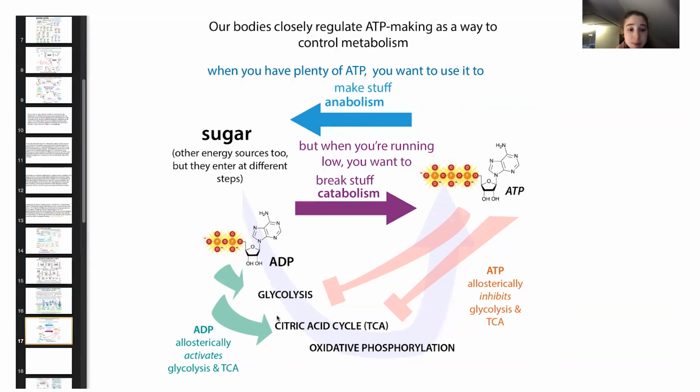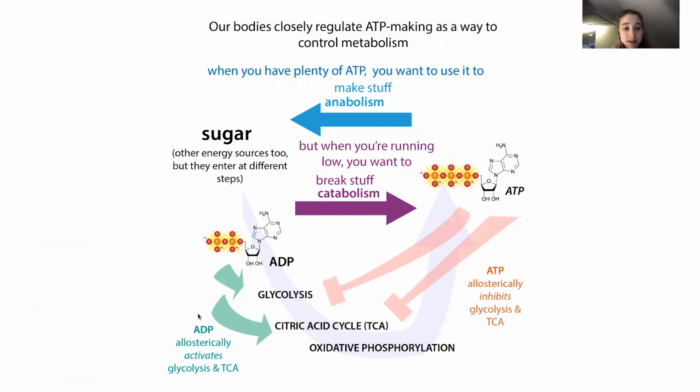And also the ADP can act as an allosteric activator of those processes that ATP was inhibiting. So it's allosteric, so it's not in the active site again, but instead of inhibiting, it's activating. And so now you're activating these things that you want to activate when you want to break things down to get ATP. So you have this regulatory feedback loop where you have ATP regulating metabolism and metabolism regulating ATP. And so everything is kept happy.